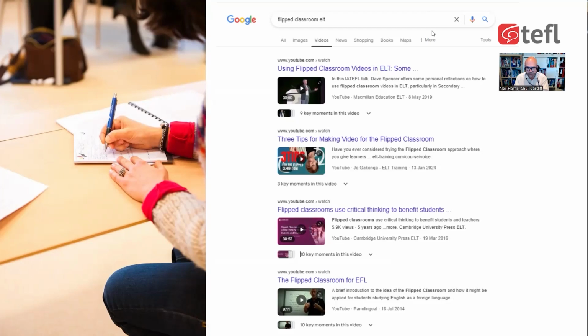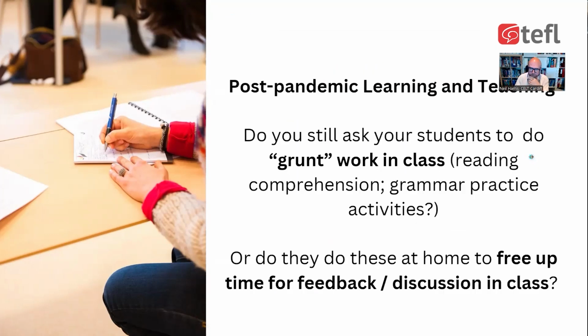I'm not suggesting that we all need to move away from our current classroom mechanisms and all embrace the flipped classroom tomorrow. What I am suggesting is that it provides us with an idea, a vision of how things can be made more student-centered and for the classroom to become more purposeful.